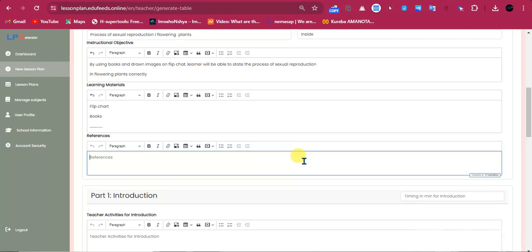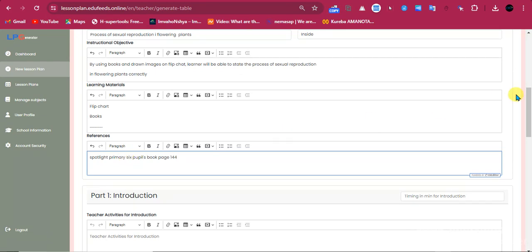Then the reference is Spotlight, Spotlight as publisher, Primary 6 Pupils' Book, page 144.